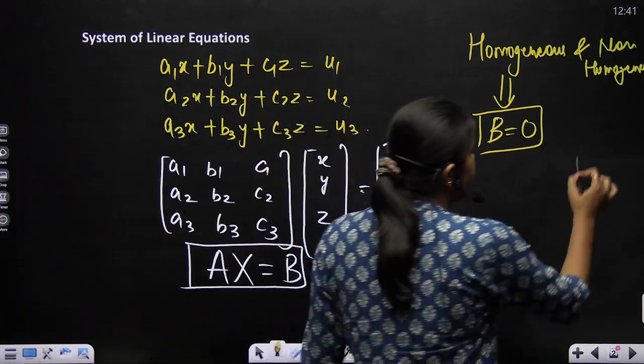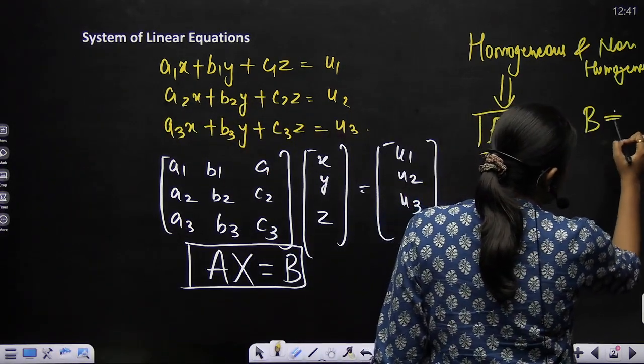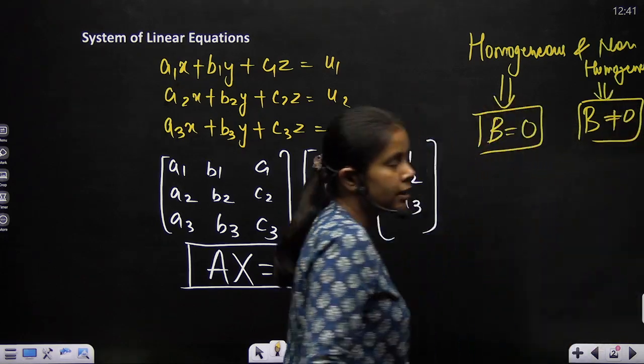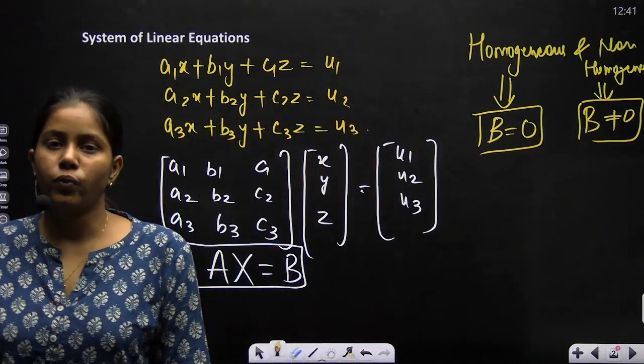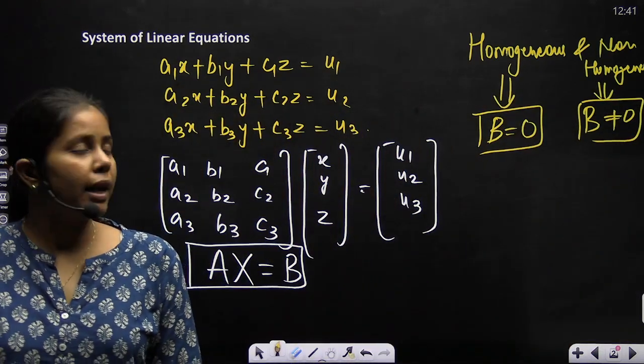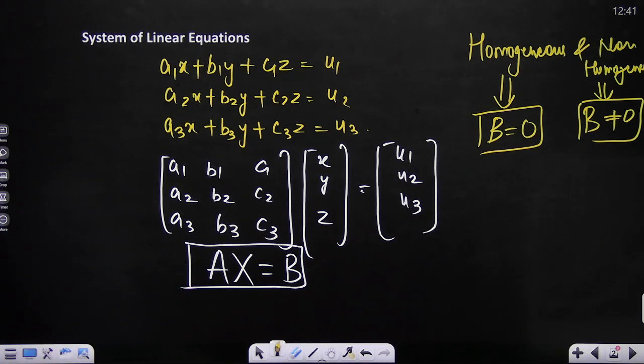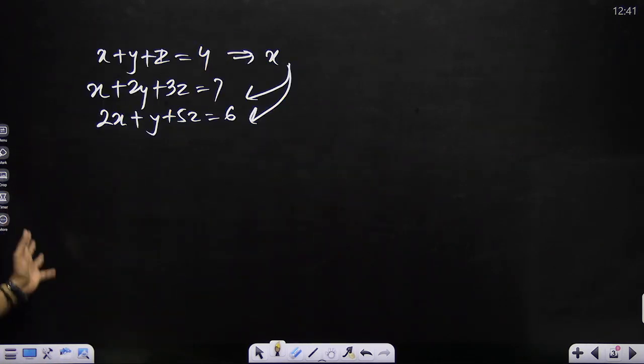If any one of the values is not equal to 0, then I'll say that this B vector is not 0, and we have a non-homogeneous system of linear equations. So first we'll solve the non-homogeneous system and then we'll move to the homogeneous system of linear equations. Now to solve your system,